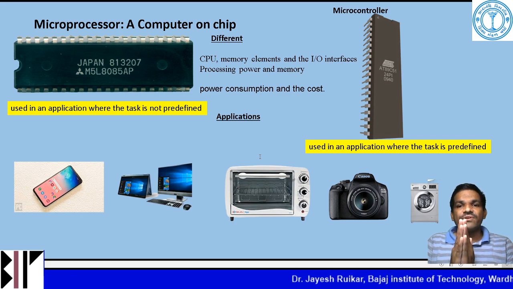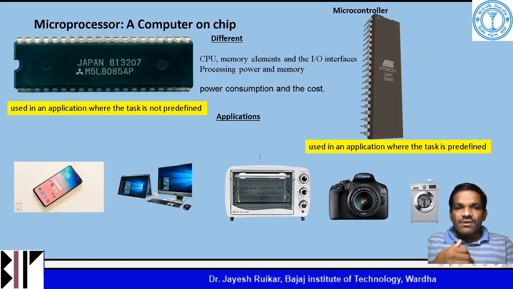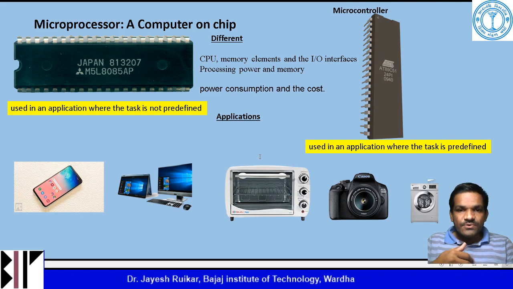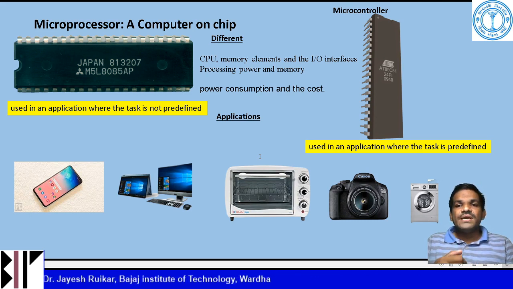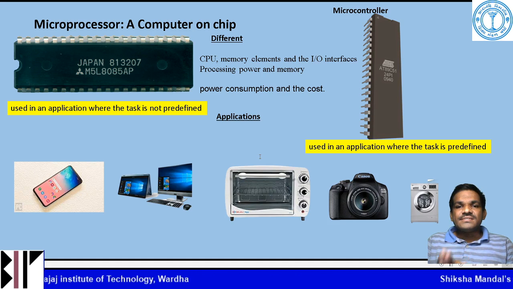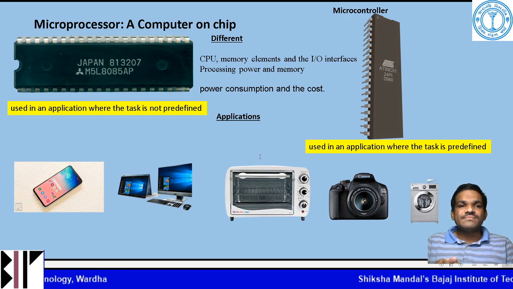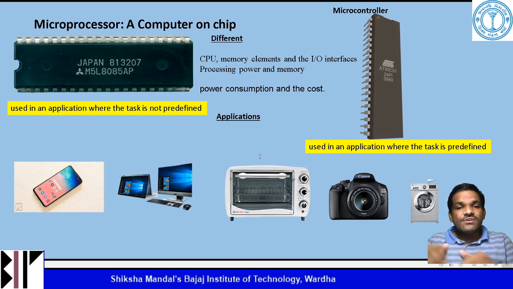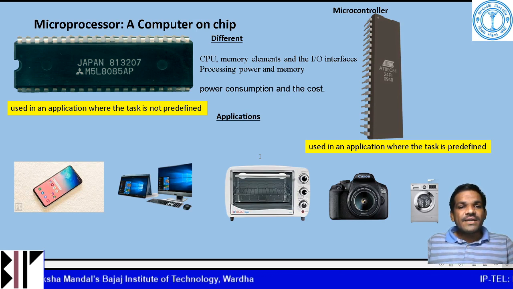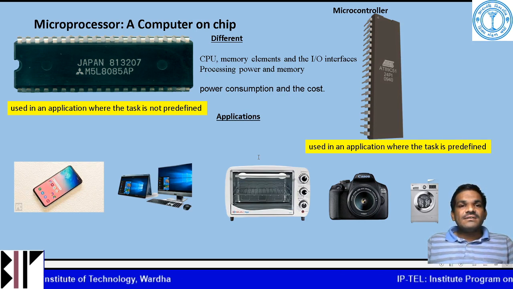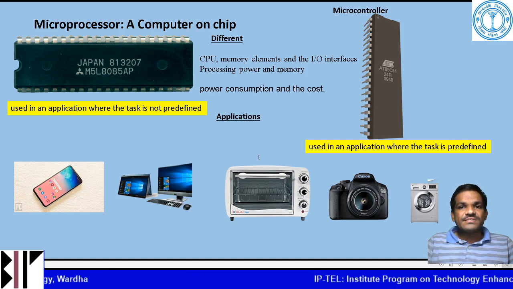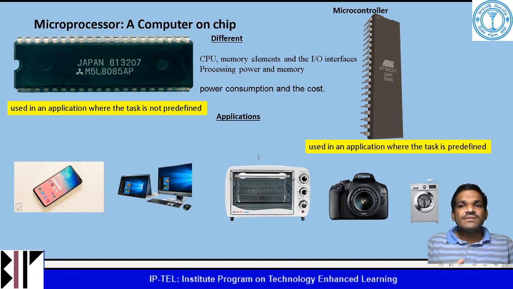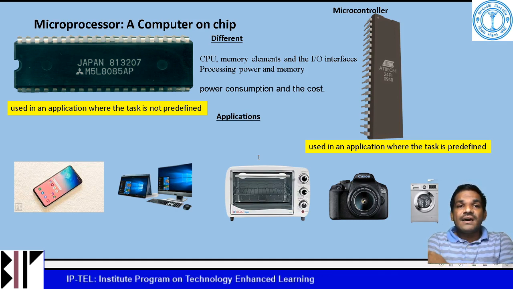In a microcontroller, all the memory elements and IO ports are integrated along with the CPU inside a single chip. The size of the overall system is much smaller. Whereas in a microprocessor, as the memory elements and IO ports are connected externally, the overall size of the system is larger than a microcontroller. Again, they are different in terms of the processing power which they possess,